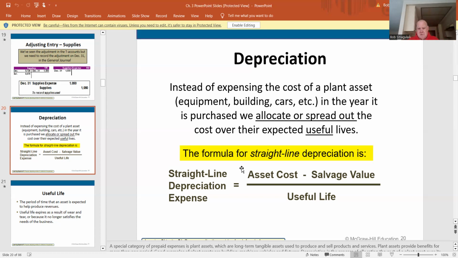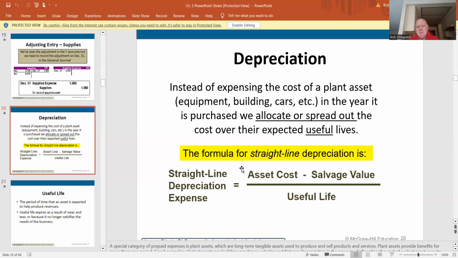And there's a little formula there. But before we talk formula, let me just give you a simple example. We bought a car, a company car, for $100,000. We expect that car to last us 5 years, and we're going to depreciate it over what's called a straight line method. We're simply going to take that $100,000 car, divide it by 5, get $20,000, and that's going to be your depreciation expense. It's as simple as that.